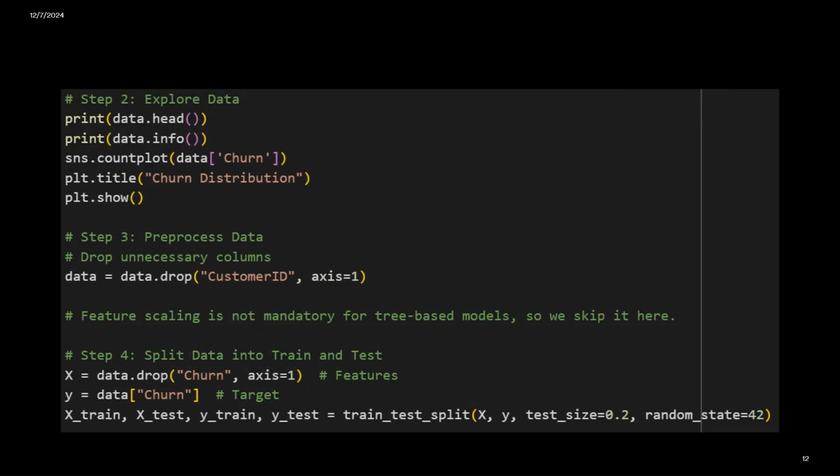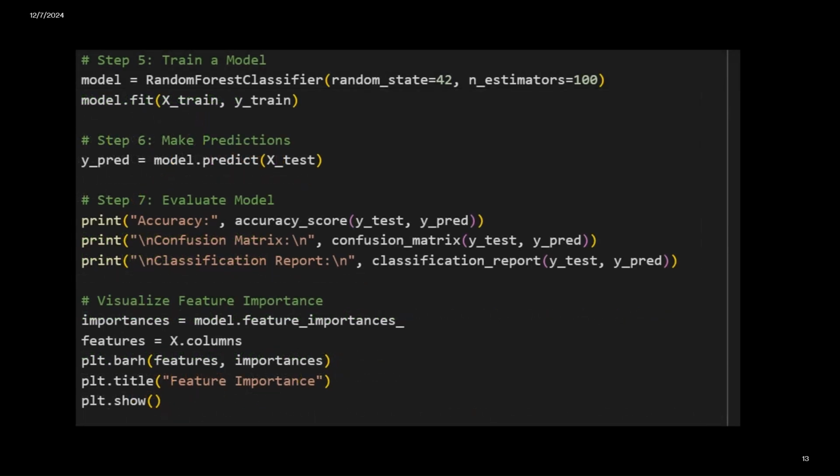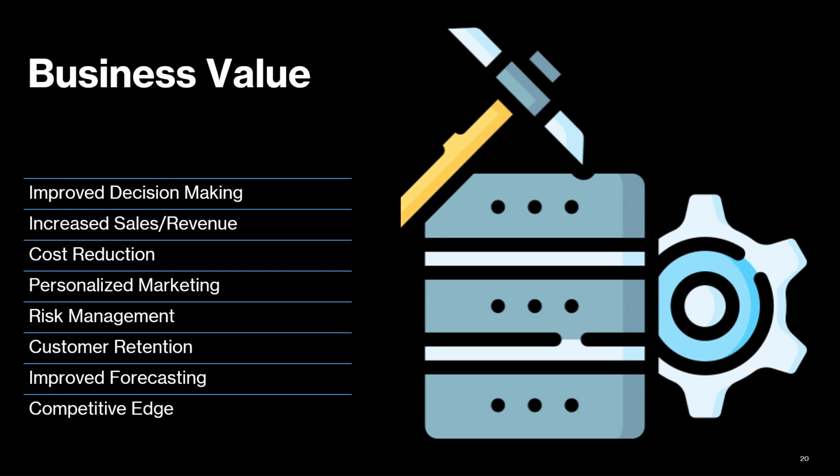In these next few steps, you can see one of them is to explore data, pre-processing that data, so that could be like cleaning our data. And then step 4, split into a train and test. And then our last set of steps is training a model, making our predictions, and evaluating our model. And then this could be how we're going to deploy eventually in the future. And then we can also visualize feature importance. We could also use the help of visuals such as charts, pivot tables, and they are accessible through platforms like Excel. For business values, things such as improved decision-making, increased sales revenue, cost reduction, personalized marketing, risk management, customer retention,